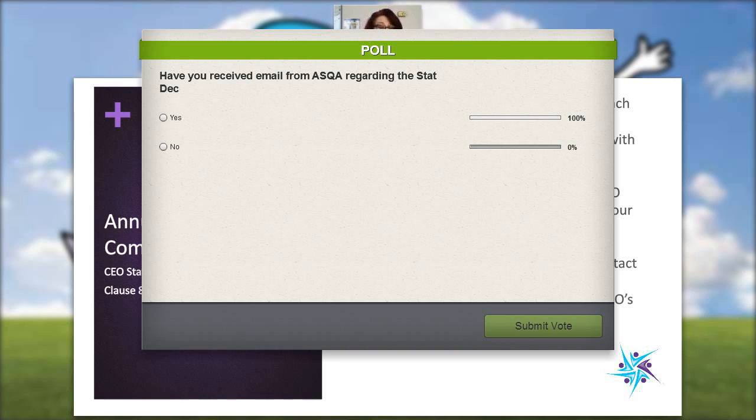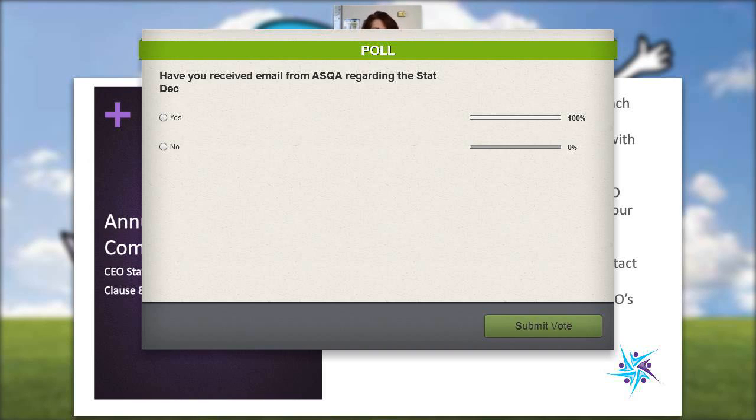Waiting for the internal audit before we submit this. Okay, cool. So you got the email, but you haven't submitted yet. That's cool. That's fine. We can do that. Not a problem. And you're doing it the right way, Diana. You are getting an internal audit before you submit your CEO stat deck, which is what you should be doing. So we will be talking about that today, and having a look at